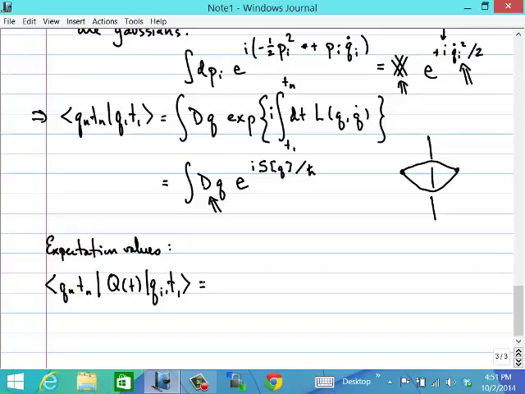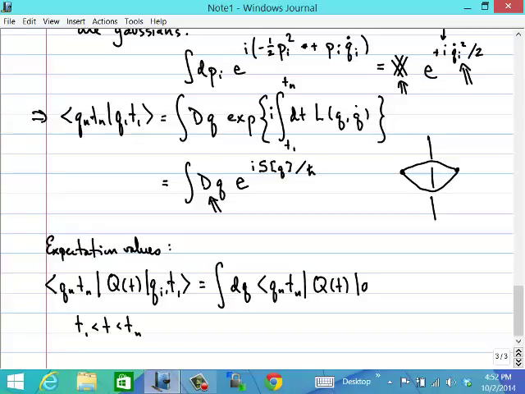So here t is some intermediate time between t1 and tn. So how could I go about computing this? Well, I could just introduce an intermediate set of states at this intermediate time t. So I'll call the eigenvalue of one of those states q, and we'll just integrate dq of the amplitude